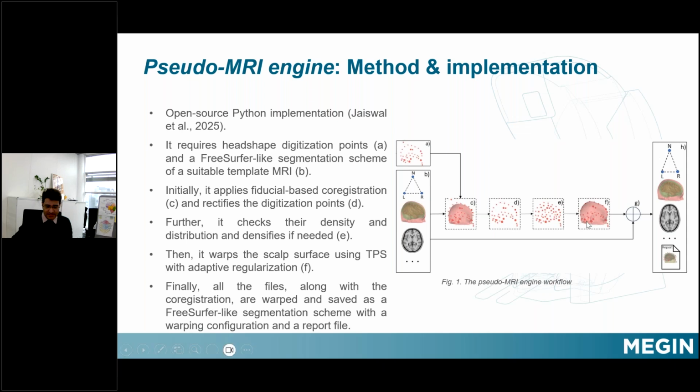So it first warps the template scalp surface to the subject's scalp surface, and then the same warping transform that it computes is applied to all the files stored in the template. This warping is done for that particular subject where we have the head shape. So in the end we get a FreeSurfer-like segmentation stack for that particular subject as a segmented MRI, and we also get the warped